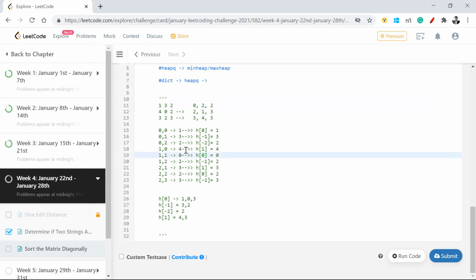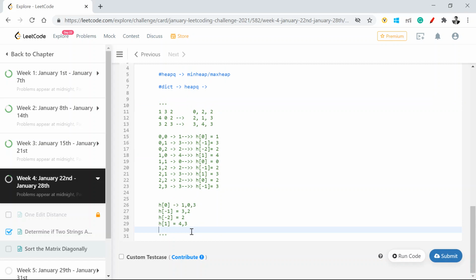In order to pick the diagonal values, what we are going to do is straightforward: we'll say h of i minus j, whatever that value will be, I'll keep on appending the value. This is the main crux of this. At 0 comma 0, which is 1, I have h of 0 being added to 1.